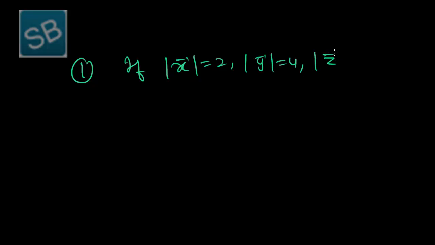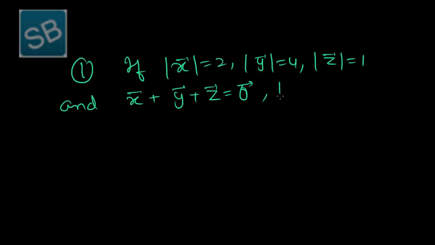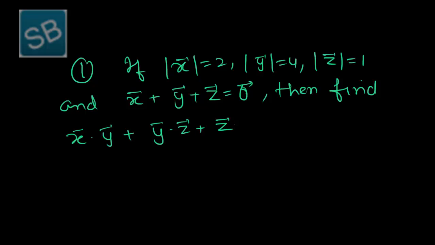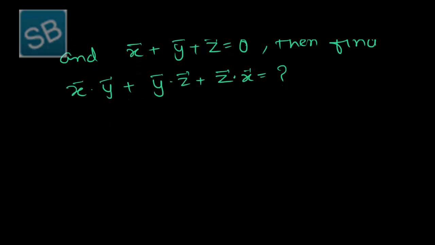So the first problem is: if the magnitude of vector x is 2, the magnitude of vector y is 4, the magnitude of vector z is equal to 1, and vector x plus vector y plus vector z is equal to 0, then find vector x dot vector y plus y dot vector z plus vector z dot vector x is equal to what? What will be the value of this? Now the solution is,